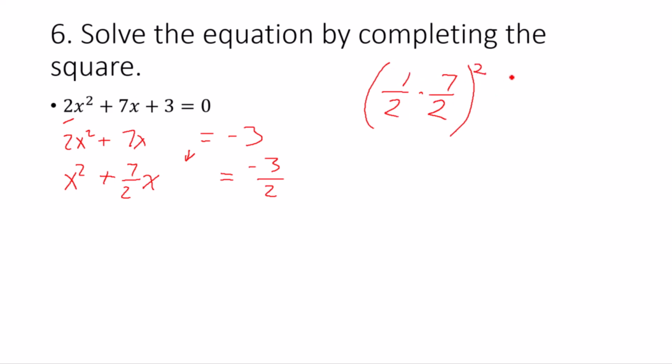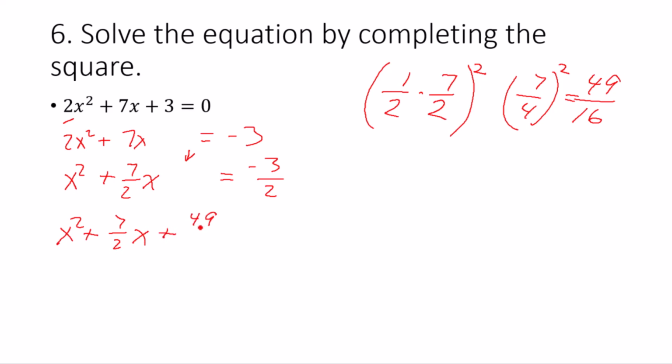Well, inside, we get 7/4. We're going to square that. Don't forget, we're not finished. Square that of 49/16. So that's what we're going to add to both sides. So down here, we'll have x squared plus 7/2 x plus the number we just found, 49/16 equals. And I'm going to add